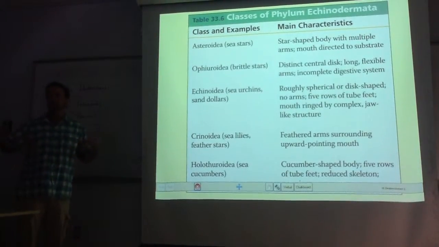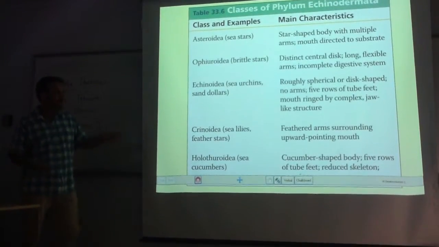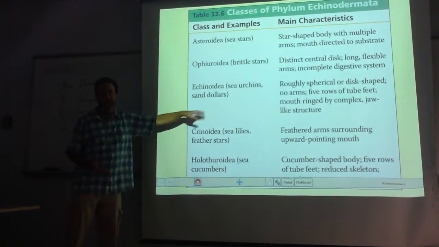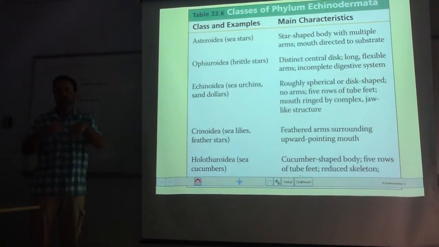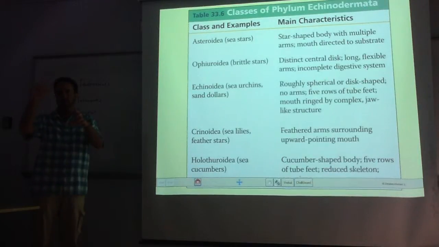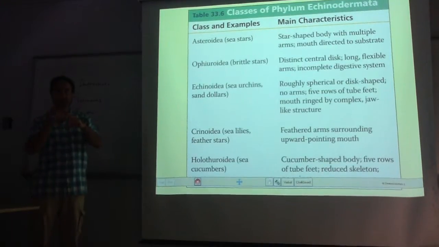Echinoidea are going to be urchins, and also things like sand dollars. Y'all know what a sand dollar is? They sell them in gift shops and stuff. They sell the test, or the endoskeleton, right? And they have that thing on the back that looks like a little marijuana leaf, right? Which shows the what? Pentaradial symmetry. It's 5-parted, right?